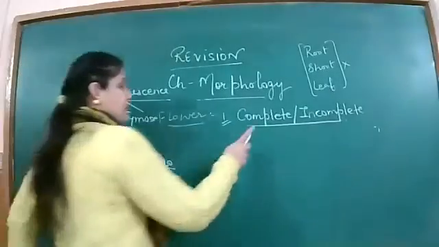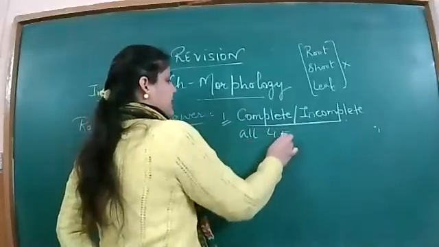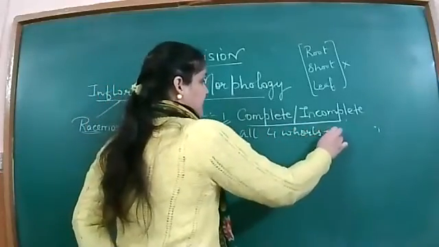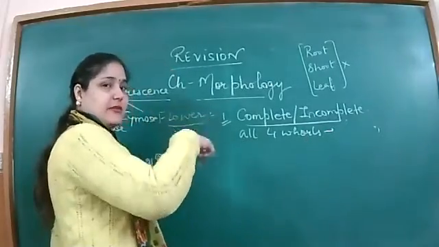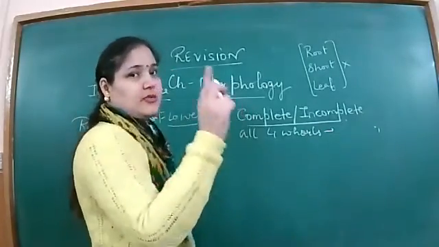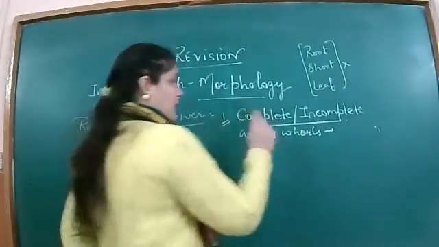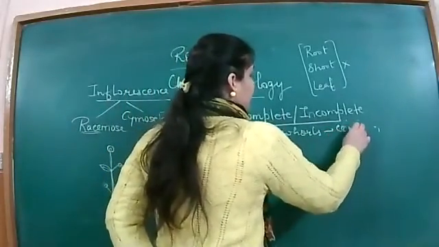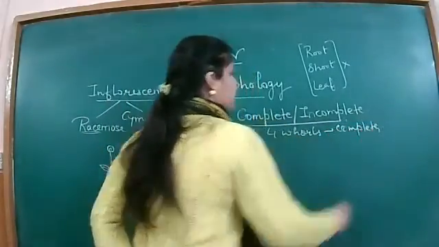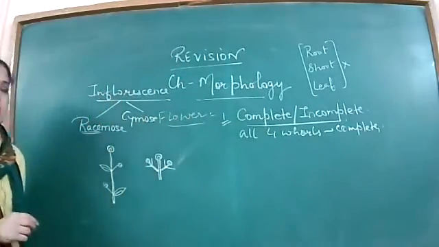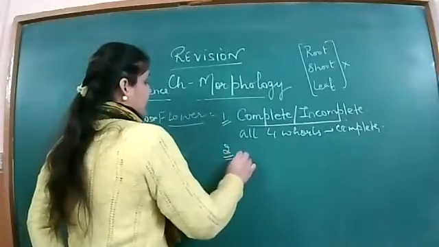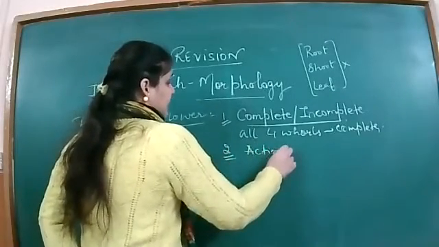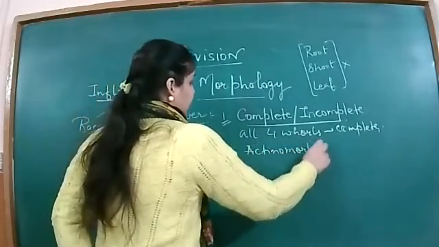ठीक है, चारों whorls कौन-कौन से होते हैं? Yes. All four whorls are present, then it is complete. Androecium, gynoecium, calyx. Start from one side, either outside to inside or inside to outside. That is gynoecium, androecium, petals and sepals. ठीक है, all four whorls are present, then we call it as complete. And if any is missing, then we call this as incomplete. Okay. Then the second term we have used for the flowers is the symmetry, that is actinomorphic or zygomorphic.